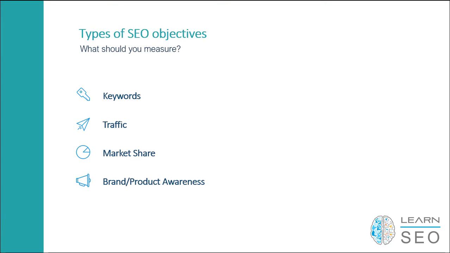The next one would be brand or product awareness. We spoke briefly about brand awareness in the beginning of the program, where we dived into the introduction to digital marketing. But brand awareness from an SEO perspective would be how many of the searches being typed into Google that are coming to our website are a brand search. This is a search where someone has actually put your brand name into the query they've put into Google. The same with a product. If it's a particular generic product term, you can see that. Or if it's a product name that is unique to your organization, then you'll also be able to see that.